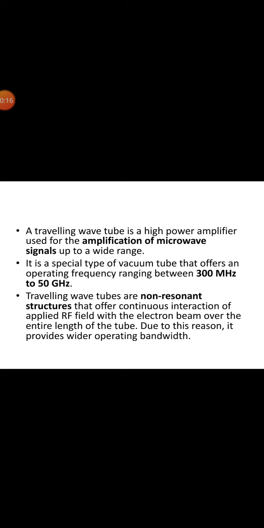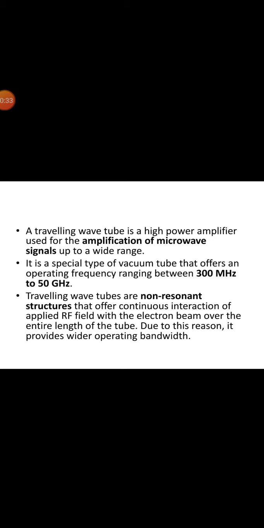Welcome to this presentation. In this video, I'm going to share with you some interesting facts of traveling wave tube. The traveling wave tube is an amplifier which makes use of a distributed interaction between electron beam and a traveling wave. The traveling wave tube is an O-type parallel field linear beam device, but it differs from the klystron in that the RF field and the electron beam interact with each other over the entire length of the active region instead of only at the cavity gates.